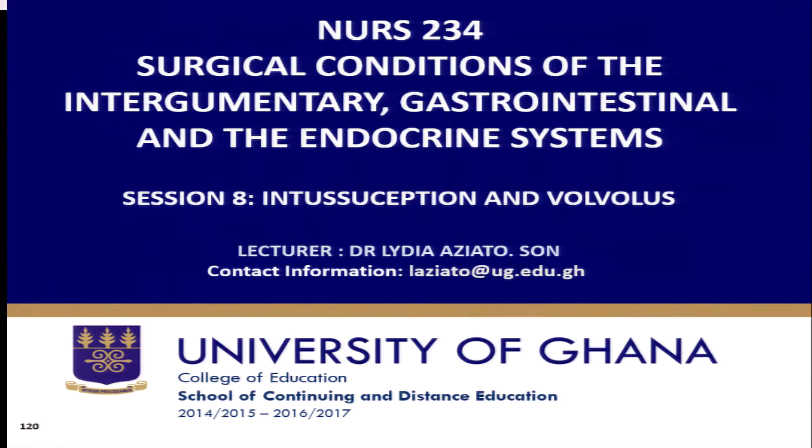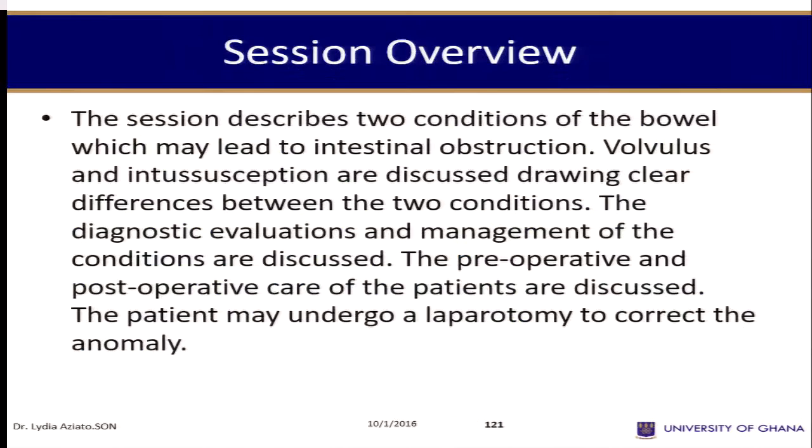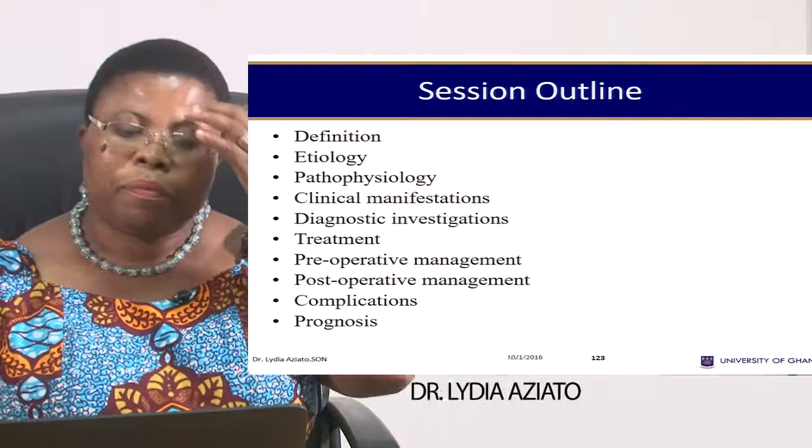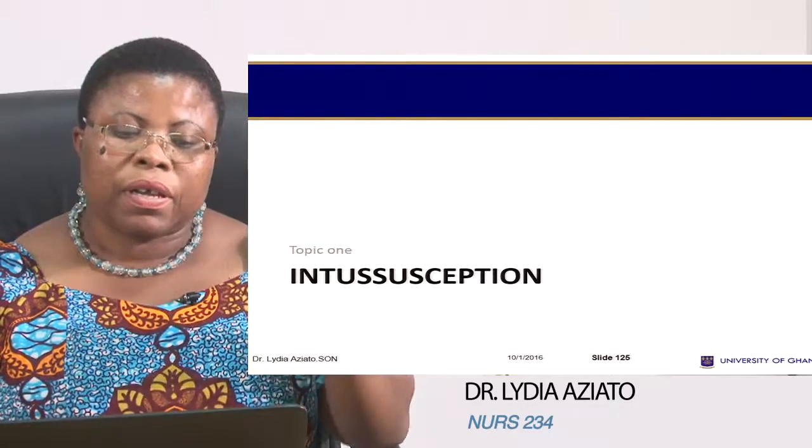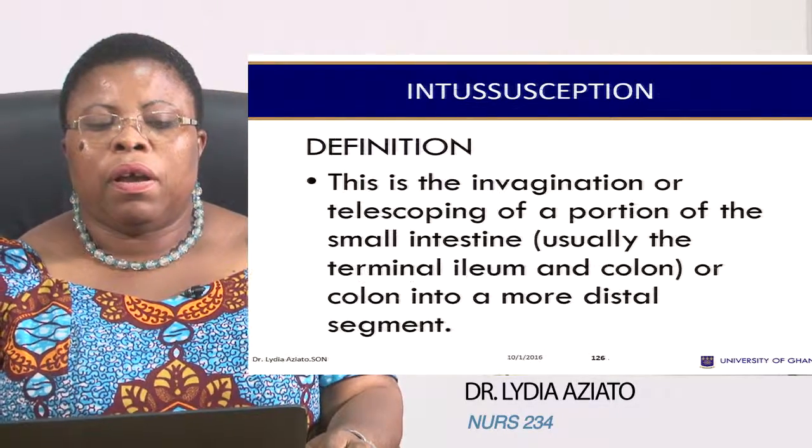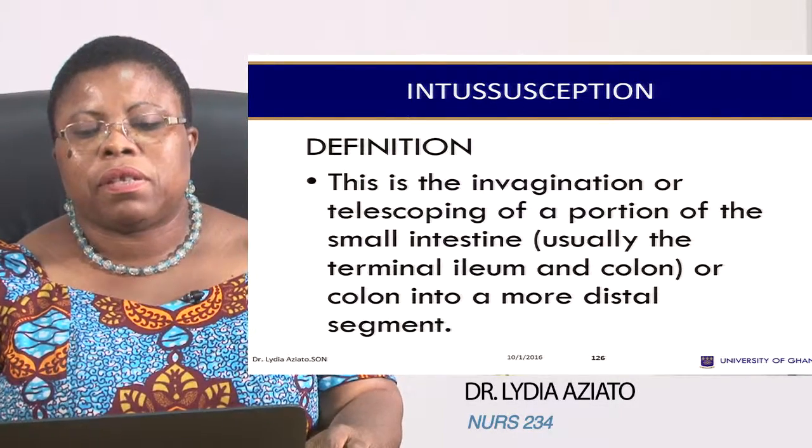The next section is intussusception and volvulus. These are also abdominal conditions. So the abdominal surgeries are many. This is also to do with the intestine. So we go with intussusception first. Now, when we say intussusception,